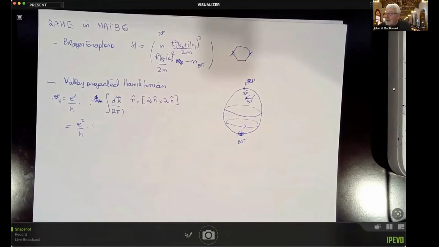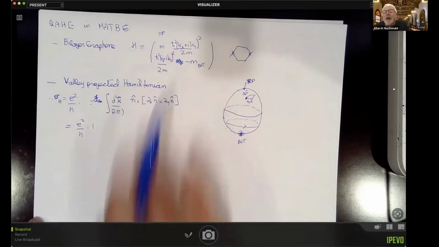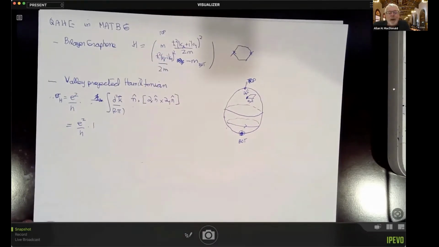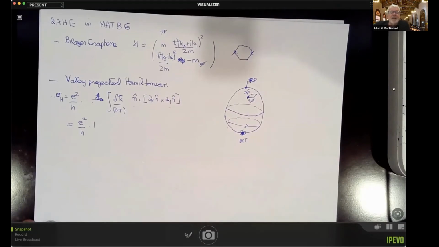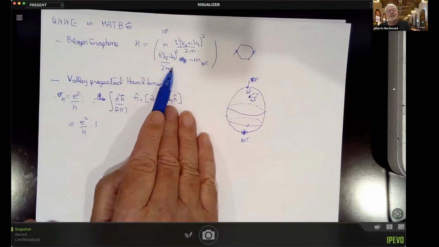And of course, there's something slightly fishy about that because in the case of bilayer graphene, in this continuum model, momentum goes out to infinity. So there's no Brillouin zone. So when I say it's quantized, I'm just imagining that this model applies out to infinitely large momenta, which it doesn't.